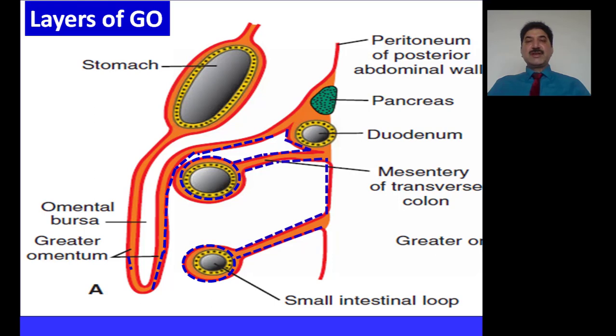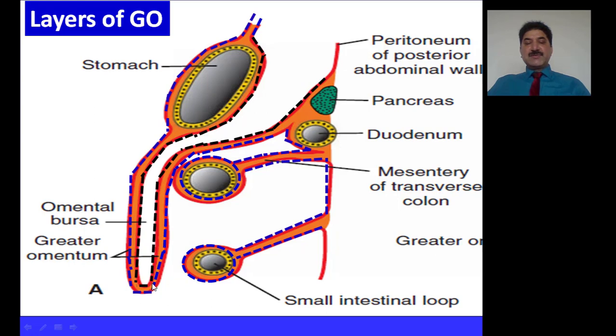Let us start with the lesser omentum, which spans between the liver and the lesser curvature of the stomach and the first part of the duodenum. There are two layers in it as shown in this diagram. These two layers split into an anterior layer, which is shown by this blue dotted line. This layer passes anterior to the stomach. Another layer, as shown by this black dotted line, is the posterior layer which descends down and covers the posterior surface of the stomach and descends down.